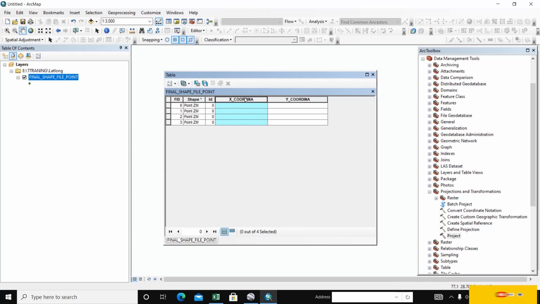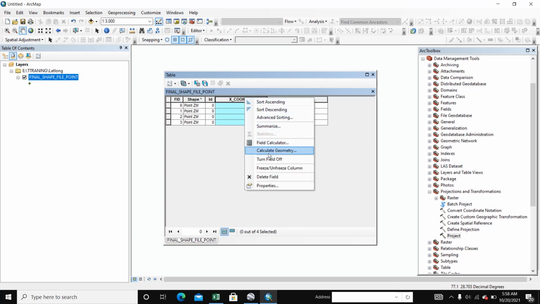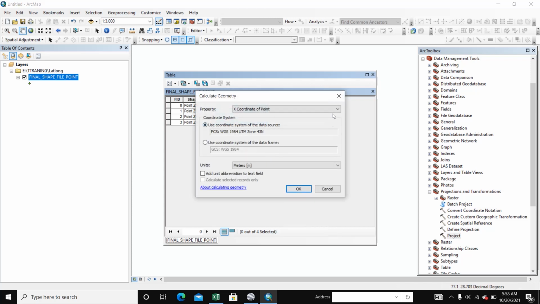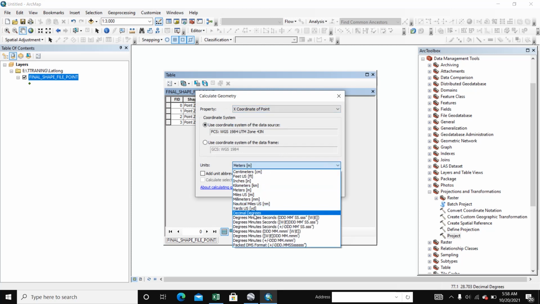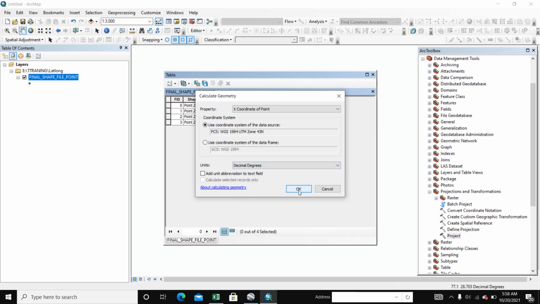Right click and go to Calculate Geometry and select X. If you want decimal degree, select decimal degree here. If you want degree minute second, you select degree minute second. We select decimal degree and OK.